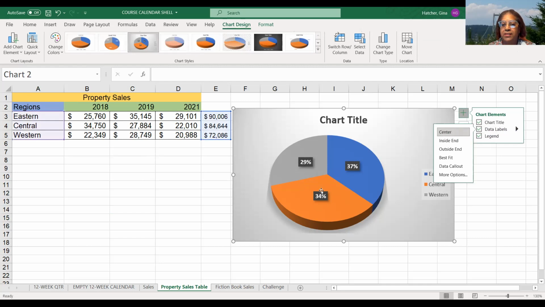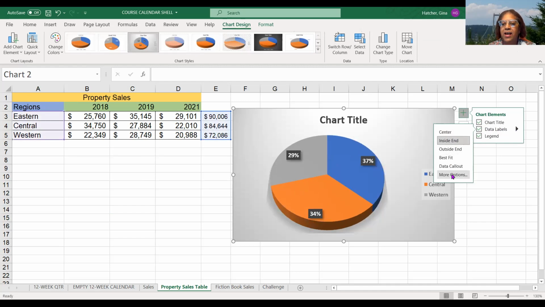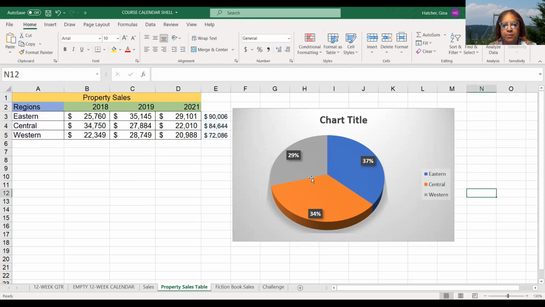Right now it's showing that my data labels are in the center. I might want it inside end, outside end, best fit, etc. Callouts. So you have a lot of options on how you format a chart. The one thing you don't want to do, and this is what a lot of people forget, they'll do something like,